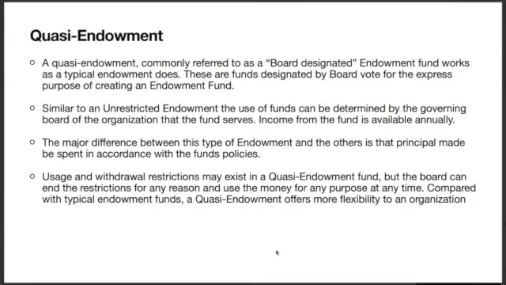The next example we have here is a quasi-endowment, and this is the most common endowment we see across the nonprofit space. So a quasi-endowment, the biggest difference here is that this is funded with funds from the organization's operating reserves that the board has designated. A lot of the time we'll also hear this referred to as a board designated endowment, which is not to be confused with board designated funds like for stewardship or legal defense or something like that. We'll touch on that later. This is a type of endowment.